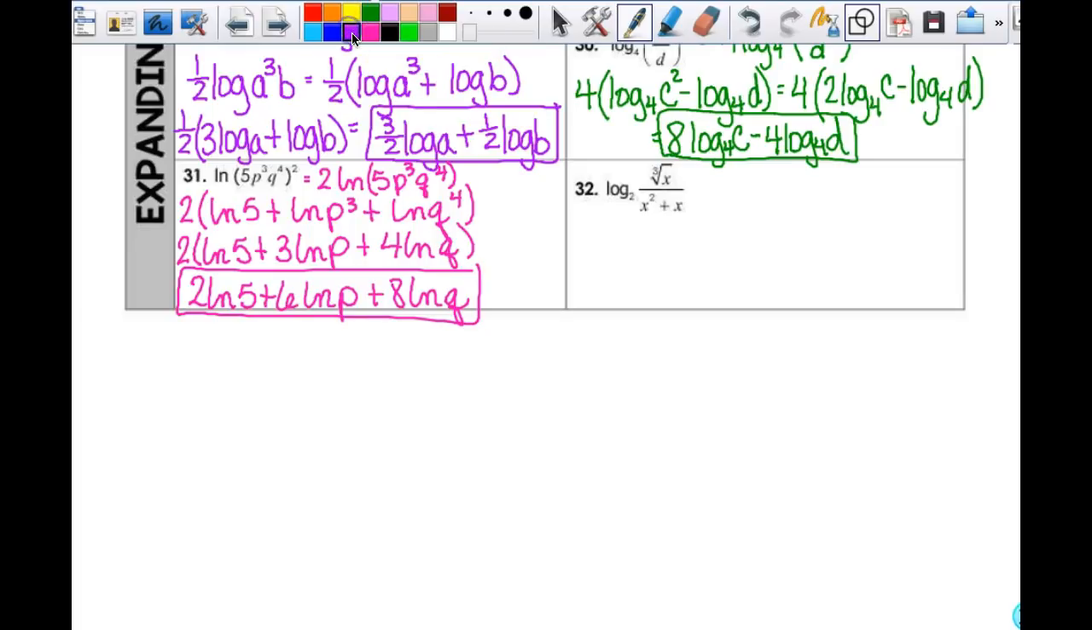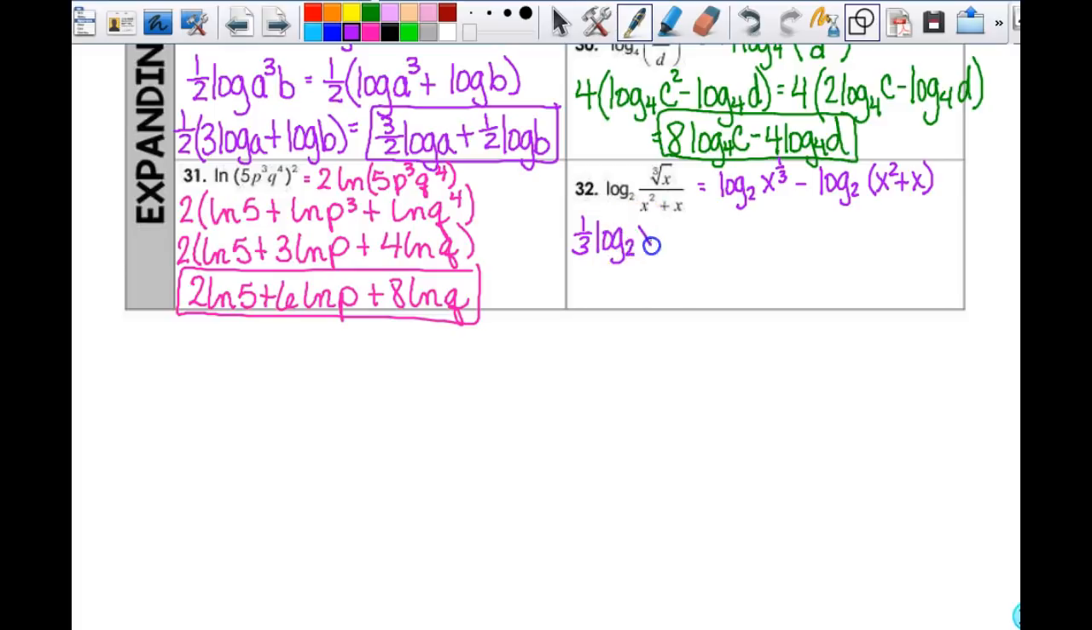Last one. So I have natural log of the cube root of x over x squared plus x. So I'm going to use my quotient rule here. And even though this will be like to the 1/3 power, it's not the whole fraction to the 1/3 power, so it doesn't get to come out to the front right now. This is going to give me log base 2 of x to the 1/3 power minus log base 2 of x squared plus x. So then this 1/3 comes out front, so I get 1/3 times log base 2 of x minus